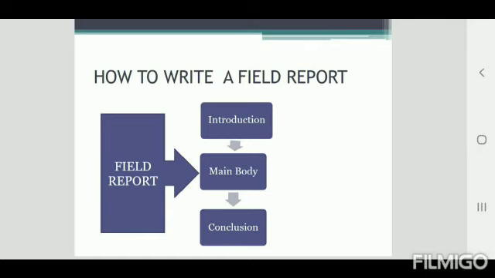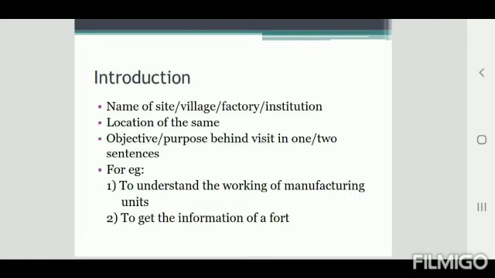It can be simply put in three parts: introduction, main body and conclusion, and we just have to fill up the information in three broad categories. How to do it? Let's start with the introduction. In the introduction you can include points which are very simple. For example, write the name of the site, village, factory or institution you are visiting, its location, district,